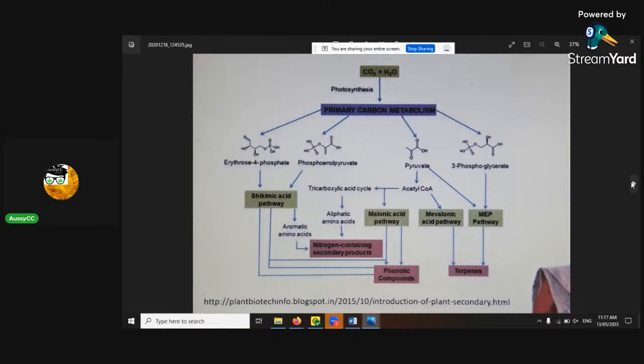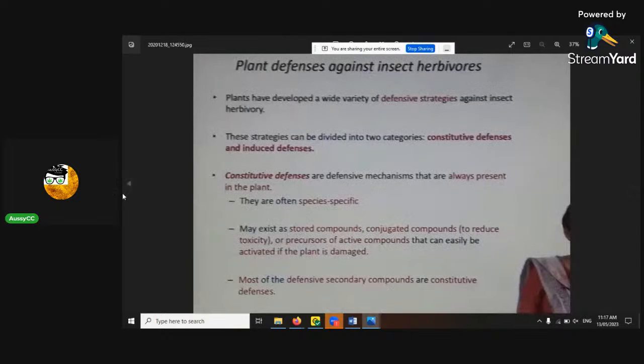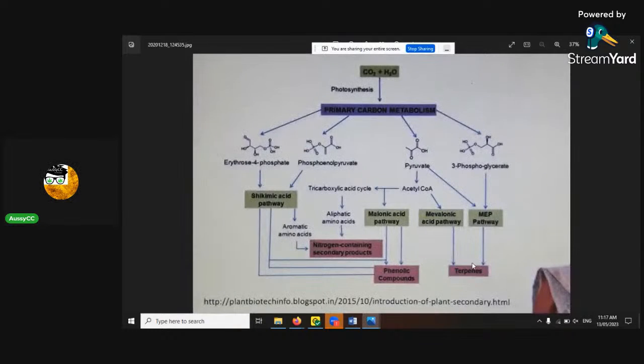Here's a pathway. What's this one for? Photosynthesis. It comes in and it makes these primary carbon metabolites. So in the pyruvate, okay, this is energy. Oh, there were terpenes down the bottom. So there's a very quick pathway to show how it gets into the terpene profile. It's a bit detailed, so I'm not going to go into it. You're probably not really interested.